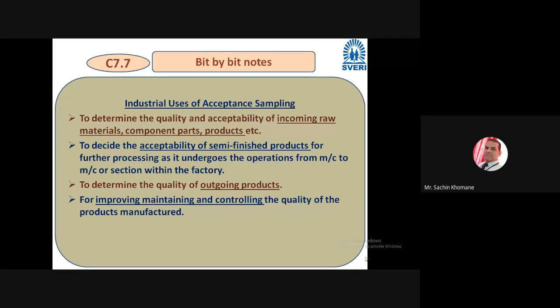So today we are going to discuss some aspects related to acceptance sampling, and we are going to see the types of sampling plans, and the OC curve, which is one of the curves which guides people in the quality department. And at the end of this lecture we'll discuss the MCQs, okay, and we'll conclude this unit today. So let us start with the discussion on industrial use of acceptance sampling.